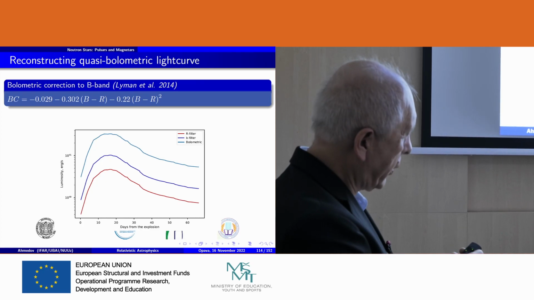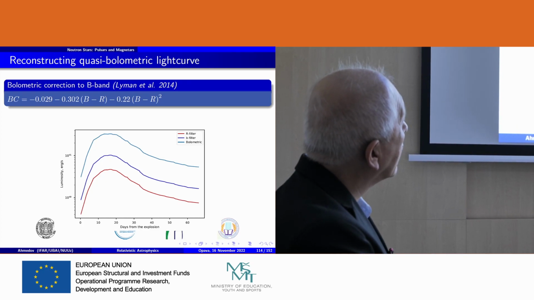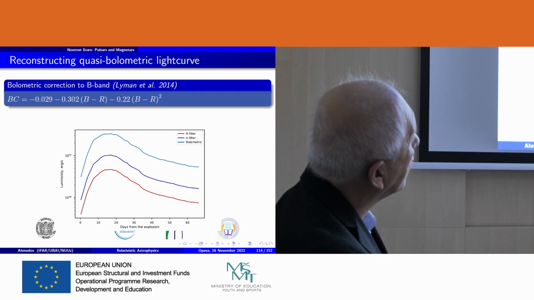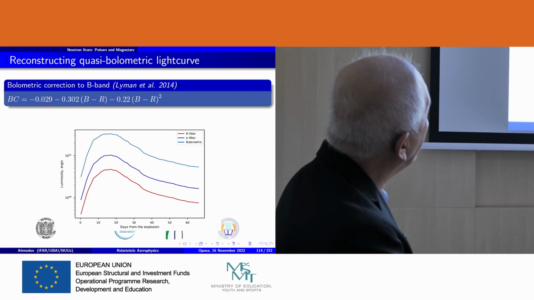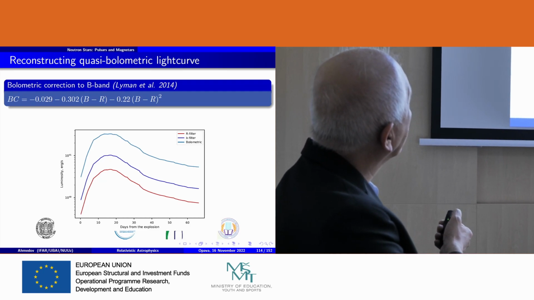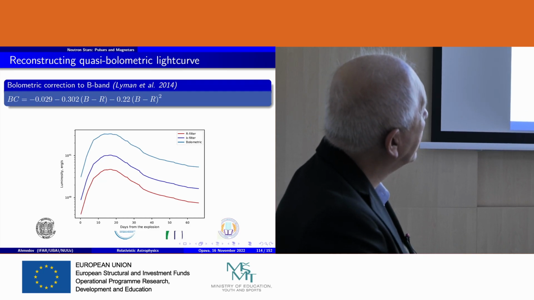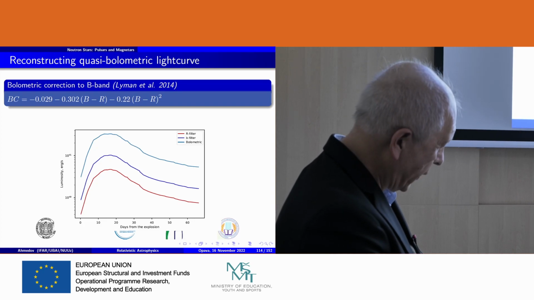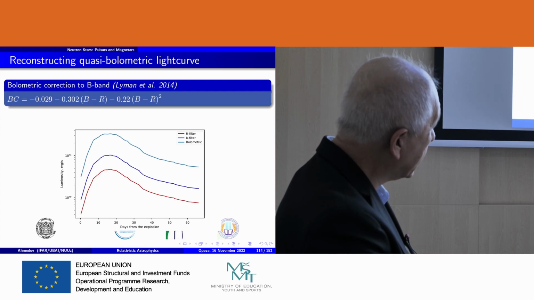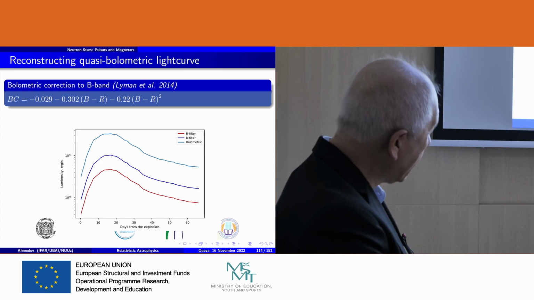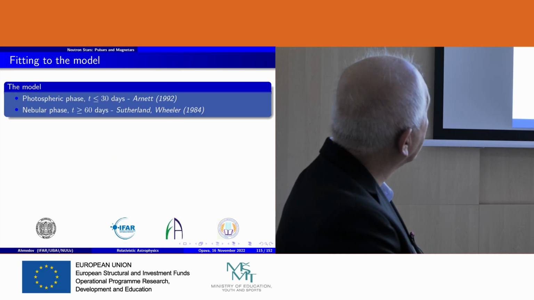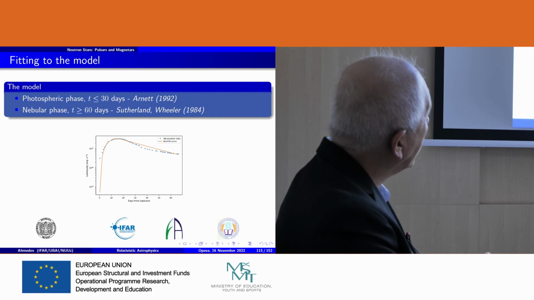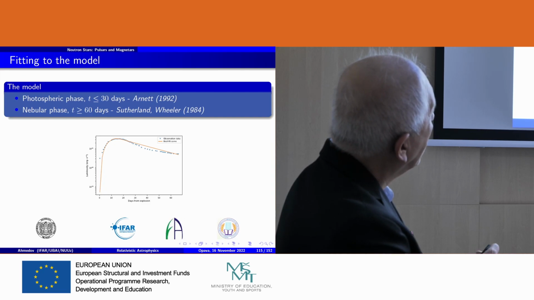What we looked at, this is data obtained during the days in the R filter and B filter, and this one is the bolometric. We calculated the bolometric luminosity using this data from the filters, obtained during, let us say, 60 or 70 days. And then we look at the different phases. This is the observational data, and this yellow